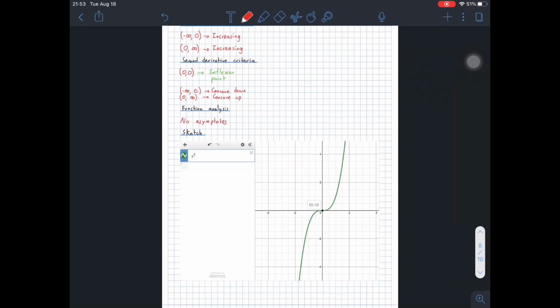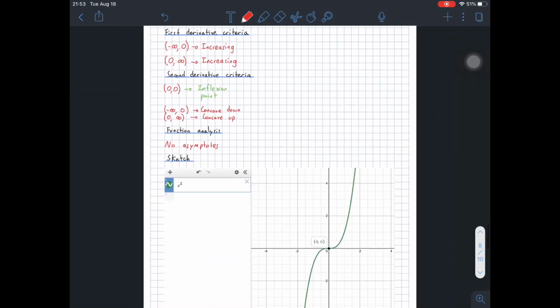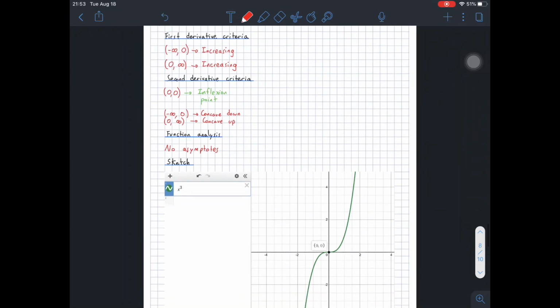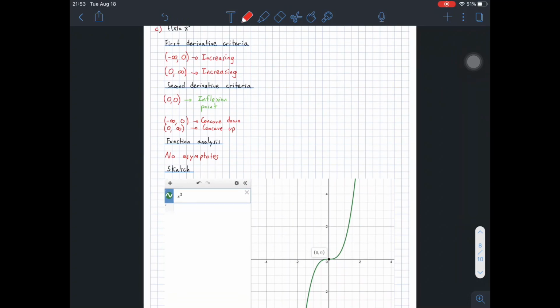From negative infinity to 0, the function is concave down. And from 0 to positive infinity, the function is concave up. It is bending upwards. Okay, so I hope that with these graphs, the interpretation of each of these criteria, the first and the second derivative criteria, are clear now. Okay, so to finish,